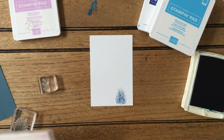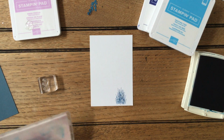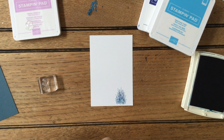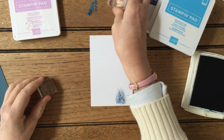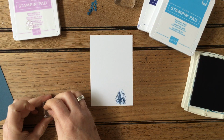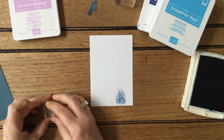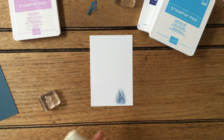Clean and simple cards are beautiful, and it's the sort of thing that they can look so lovely when you don't add too much to them. And I really am somebody who tends to go completely overboard with everything, but I need to discipline myself so that I'm not going quite so overboard. Okay, so I'm going to do,